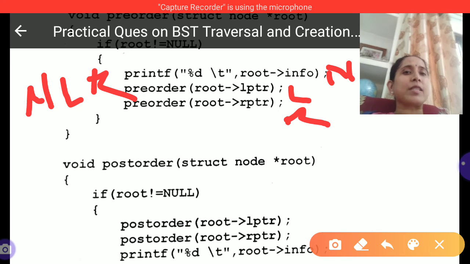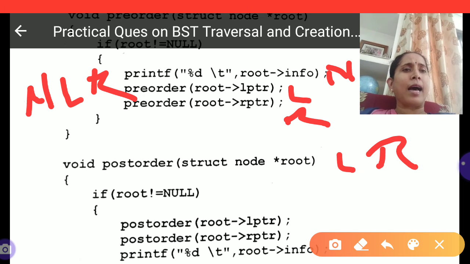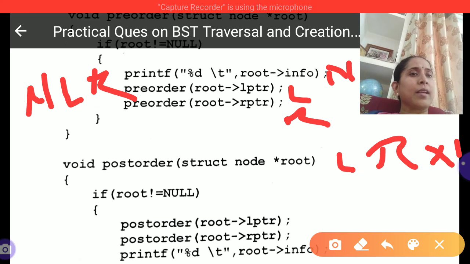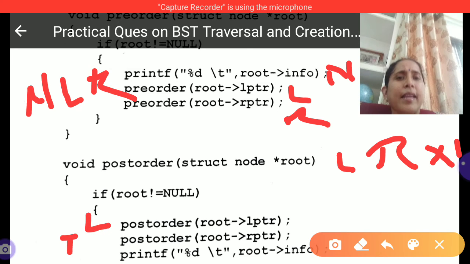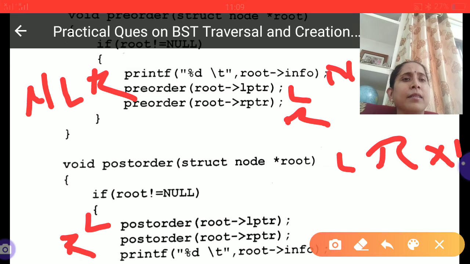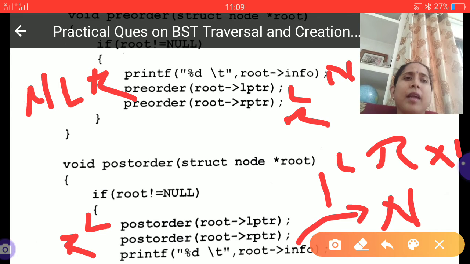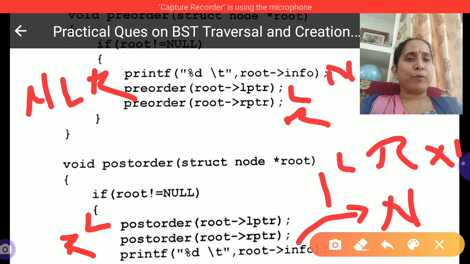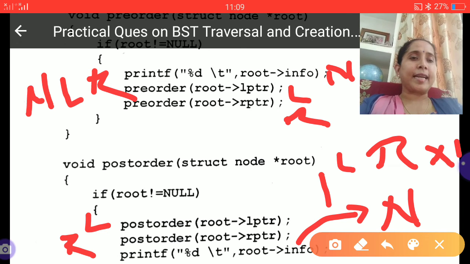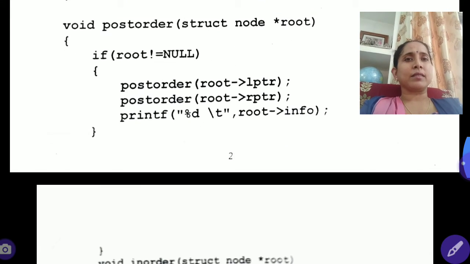In post order traversal, what we say, it is always L, R और लास्ट में N, LRN. LRN means this is L, second one is R, and here when we move the last one, ये क्या है, N. So means L, R, N. First move towards the left pointer, then move towards the right pointer, and last में node. So again, this is the recursive way of calling the post order function.